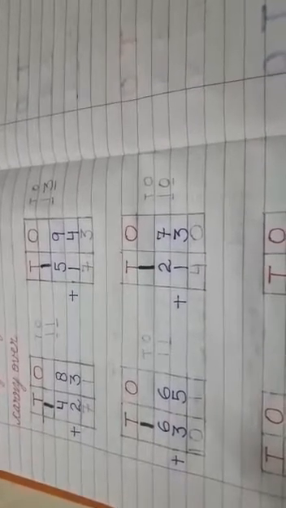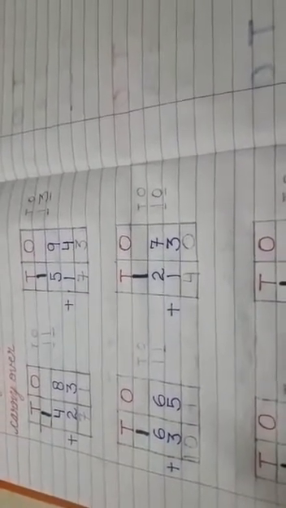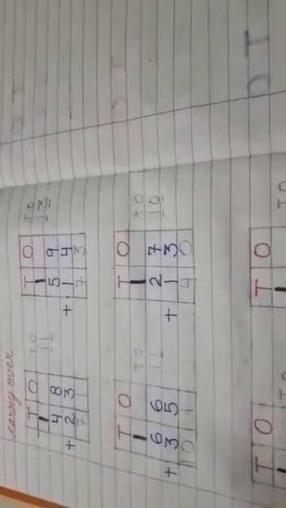This way we can do the sums of addition and we can easily solve all the sums. But you have to keep in mind that no two digits will come in a single chamber or room. If there are two digits after addition, then we have to move that number to the next column. Am I clear to all of you?